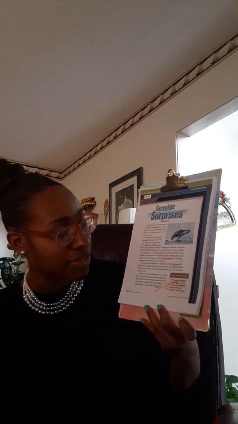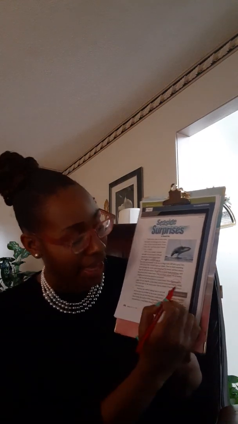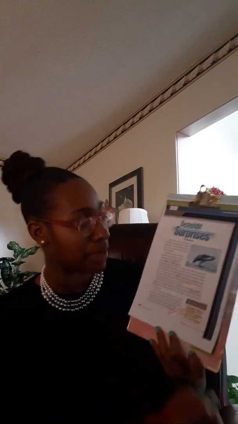All right, let's go back to just the i-Ready lesson. Non-literal versus literal language. Let's go to our second story that says Seaside Surprises. They always give us an annotation box with close reader habits, and they tell us what we should do in order to be successful, right? So when I read, it tells me, and I've annotated my close reader habit box. It says, which words and phrases are unfamiliar? I put here unfamiliar, remember, words I don't know or used in ways that I might not understand. Here's my action word, underline details that help me figure out their meanings.